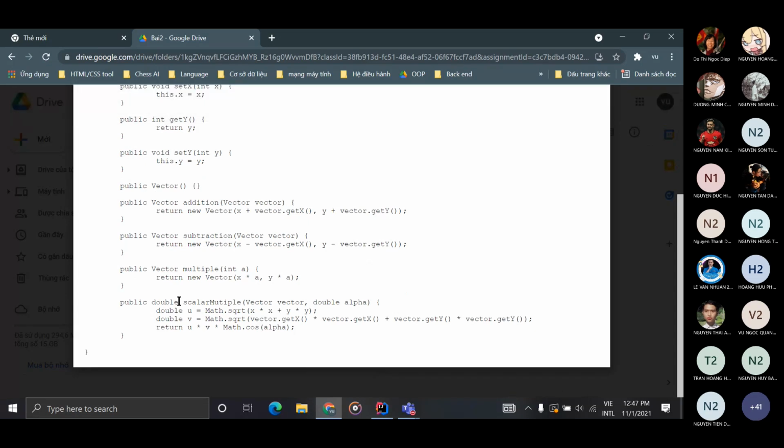And here the scalar multiply. Yeah, I call it. Here we have two parameters. One is the vector, and the second is the double alpha. To multiply it, first I declare a variable u, and I use the Math class square, and next I declare a v variable, and I just do the math here. I think here you do the, I should say, the dot product between two vectors, and we have